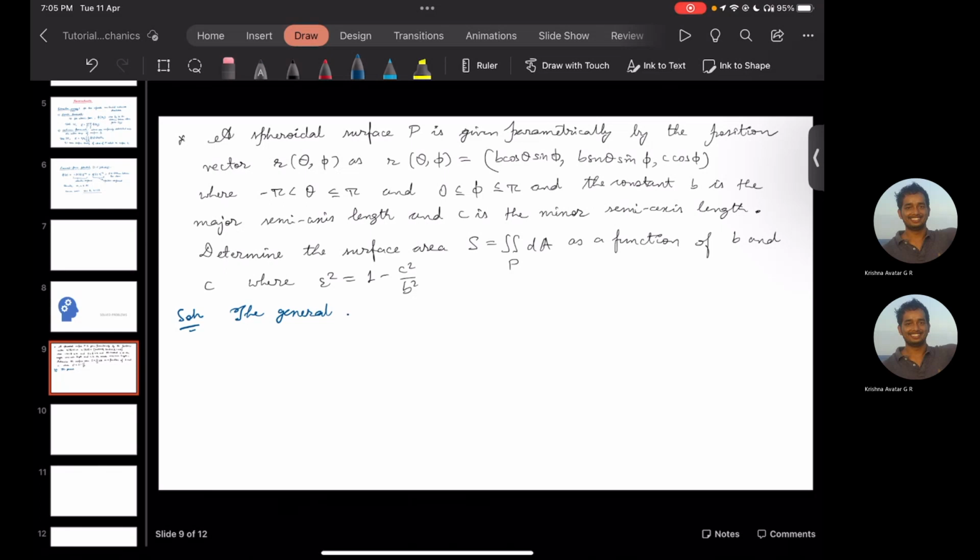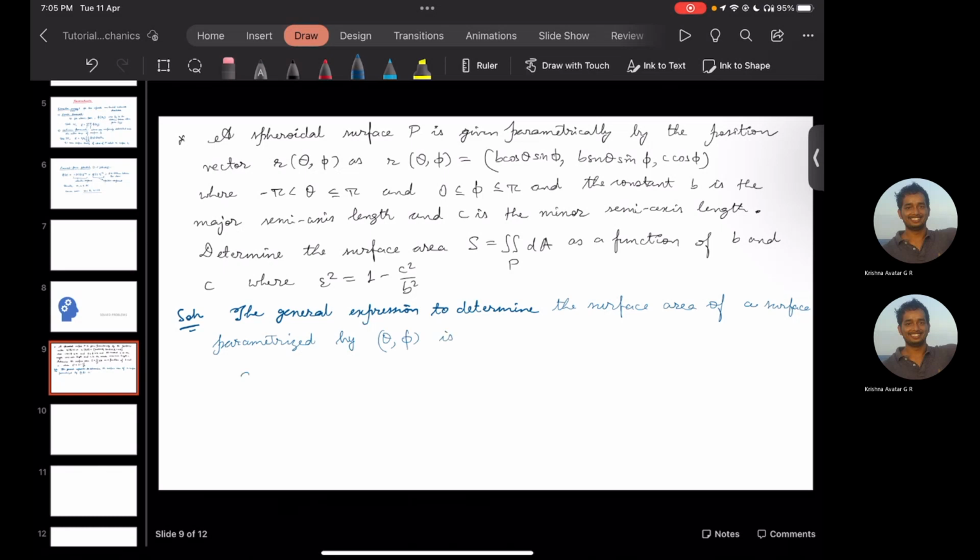The general expression to determine the surface area of a surface parametrized by, say, theta and phi, is